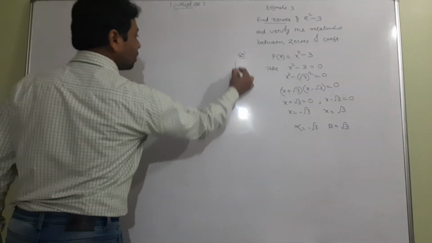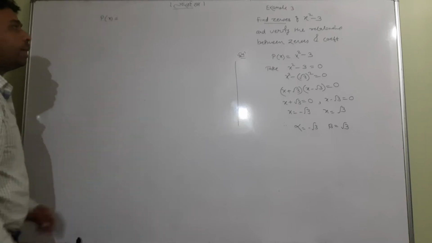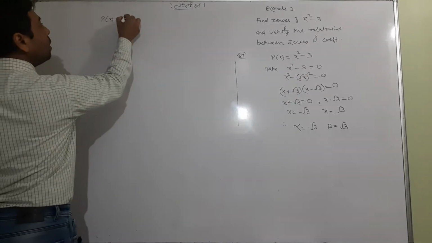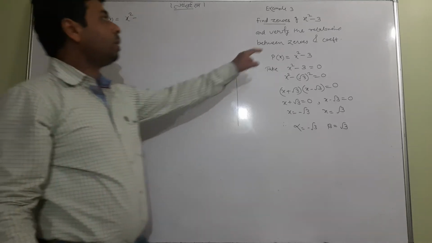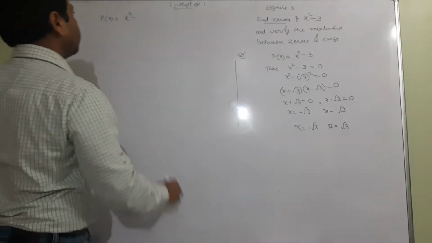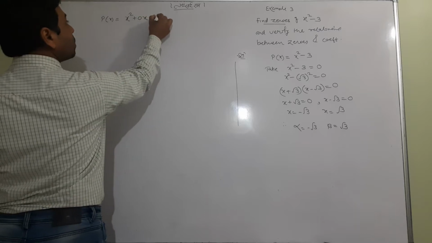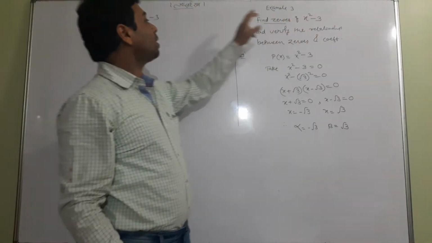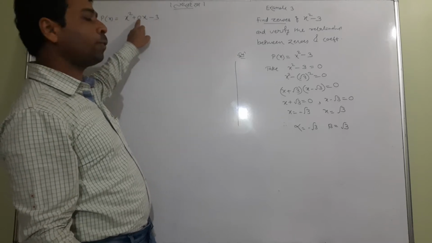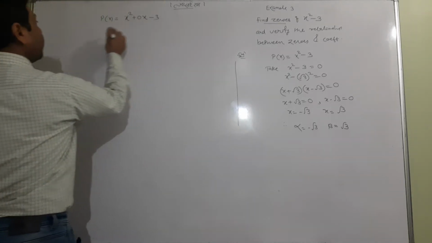Now the next section says, what is your p of x? Now you want to find the relationship between zeros and coefficients. Okay. So your p of x is x square and a constant. Here the term of x, x alone, is absent. So create it. Even though x is not there, write 0 into x, minus 3. So x square is here, minus 3 is here, x was not there, so I created x with coefficient 0. Now it is your quadratic polynomial with 3 terms.